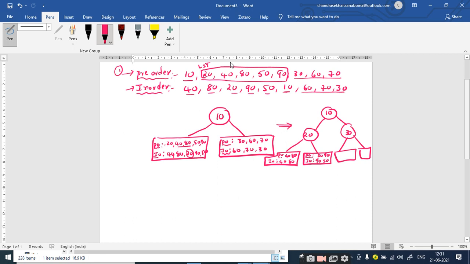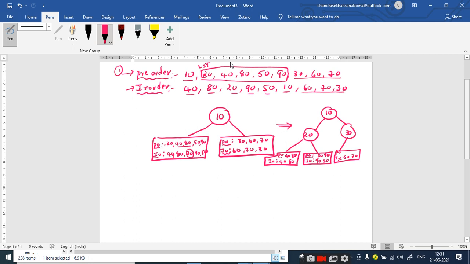So then go to the in order traversal. In the in order traversal, 30 has two elements towards its left hand side, and there are no elements towards its right hand side. So there exists only the left subtree for this 30. That's what you have to understand. So you can remove this, right? Now tell me the elements of the in order traversal of 30 for the left subtree. 60 and 70, sir.